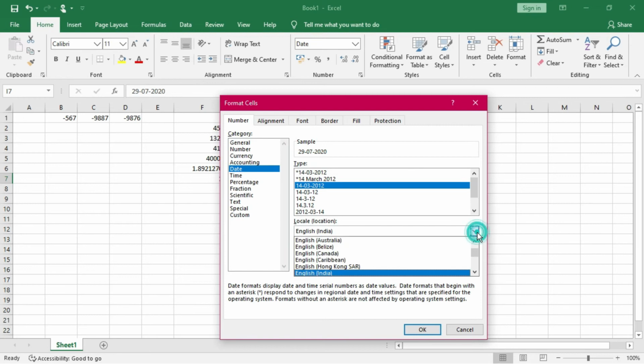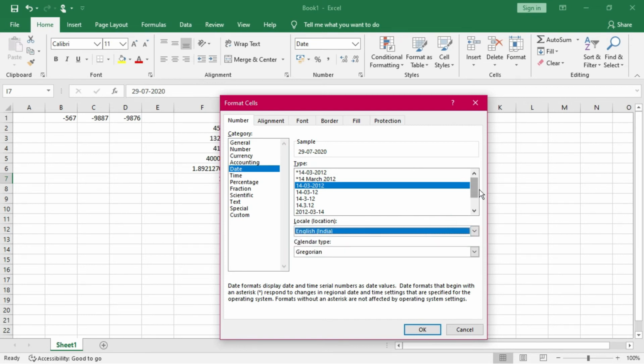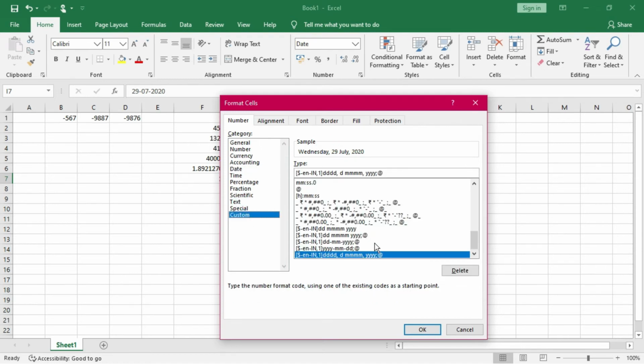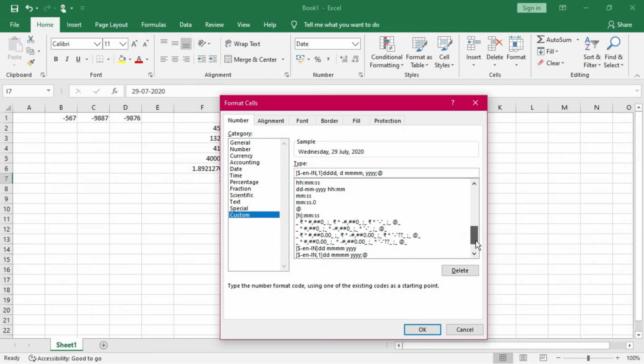So English, and these are the different types of formats available out here. Special formats are also available. You can delete any format if you want at any point of time, so it will be shown out here.